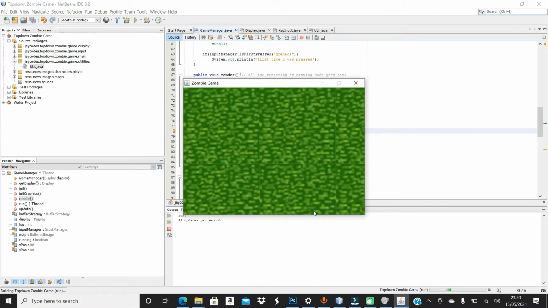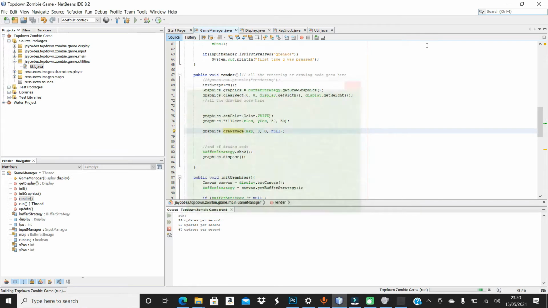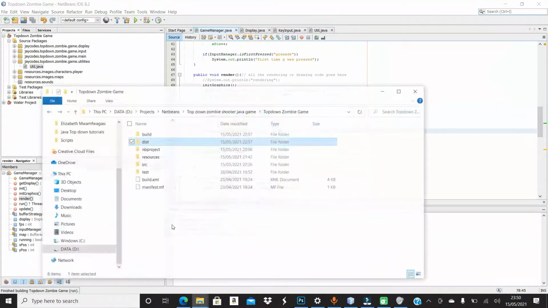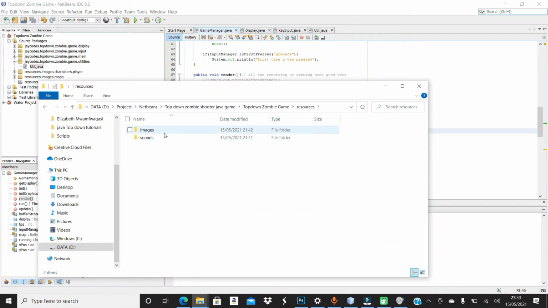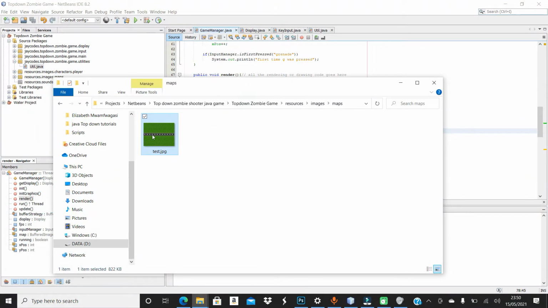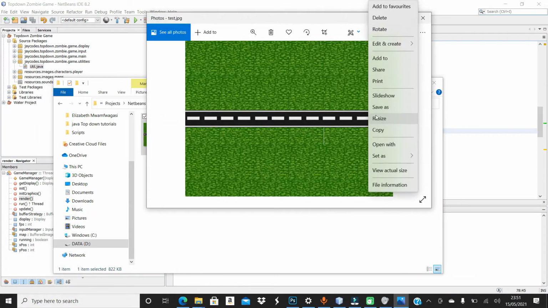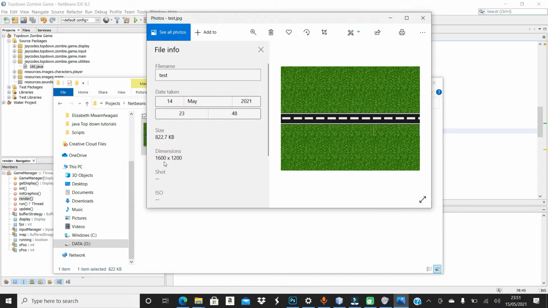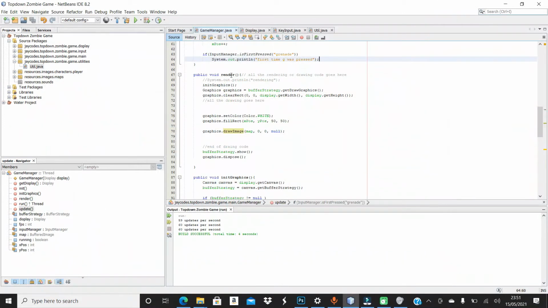Now, if we run the program, this is what we get. Reason being, if I go back to the file explorer and look under my resources tab and look under images, maps, and let me open up the map, I will see that the size of the image is actually 1600 by 1200, and the size, the width and height of our canvas or our game is